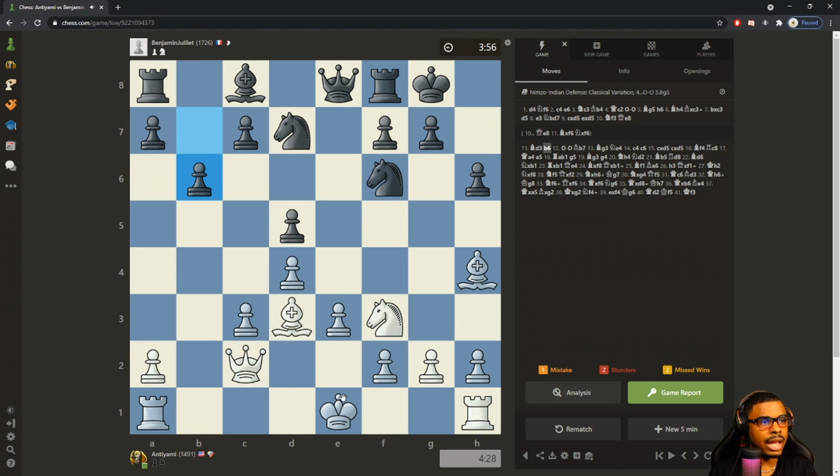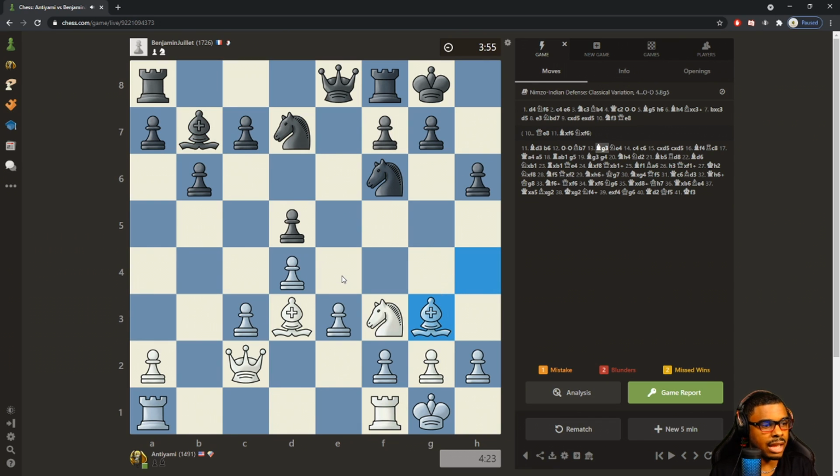Nothing crazy. And then my opponent goes for the fianchetto here. So he wants to put the bishop here on b7 and laser down this direction. So, nothing wrong with that. I decided to go for a castle. He puts his bishop on b7, and all of a sudden now I decided to threaten the c7 pawn,